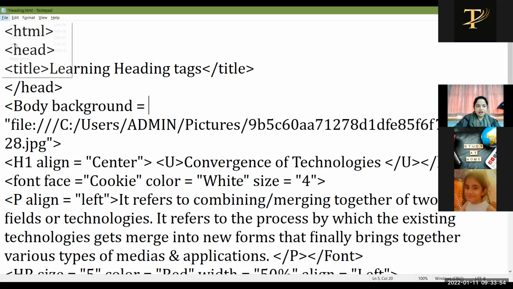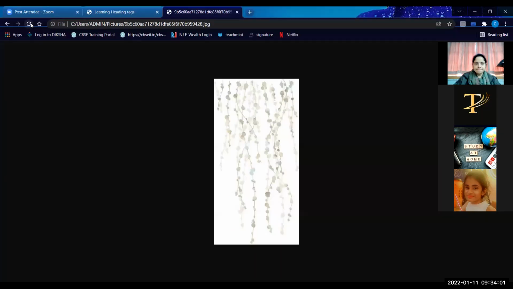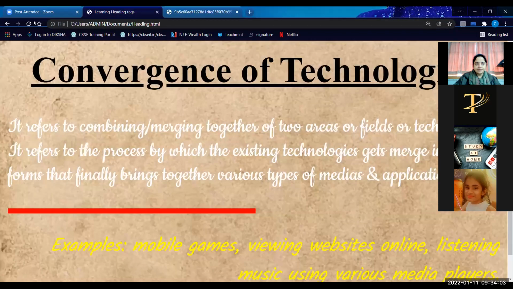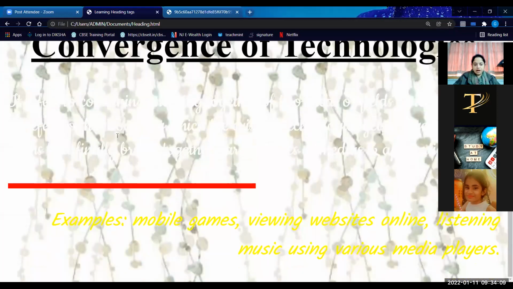Now save the file and go to the browser and refresh it. See, background image is changed. Now my font color was white, so the white font is not visible over the background.